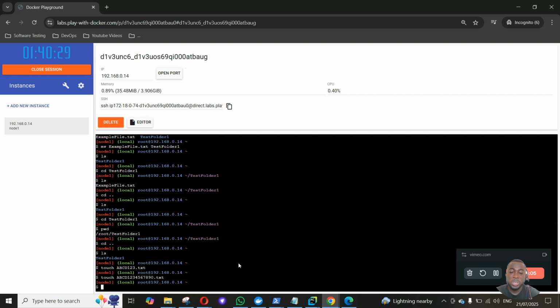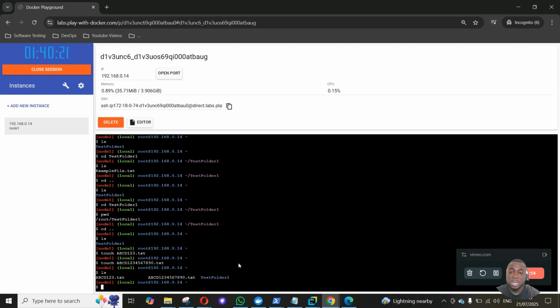So now if we return a list of what's in the root folder, we should have a couple of files and our test folder 1. So here we go. We have 2 files in here and our test folder 1 as well. So we can copy a file and paste it elsewhere rather than moving the entire file. So to do this, we can do cp, which is copy, and then we can do abcd